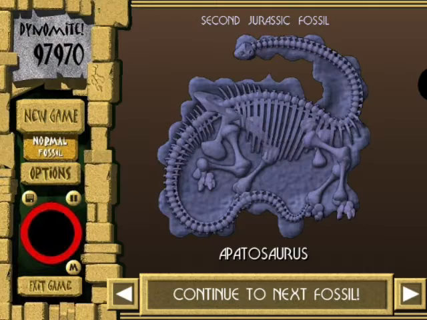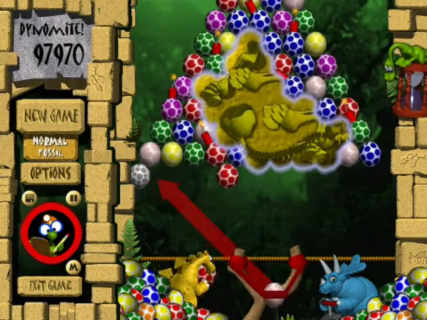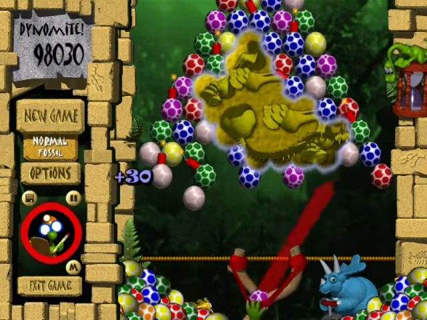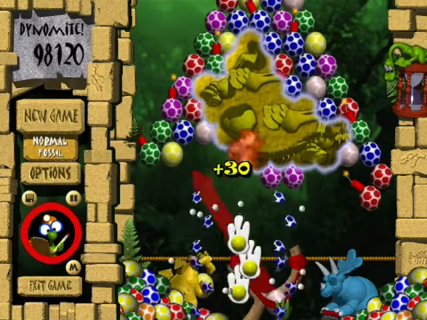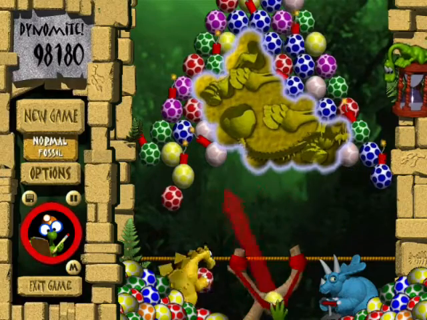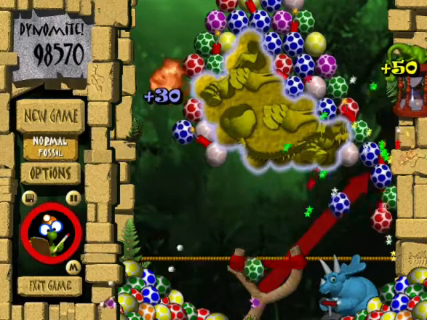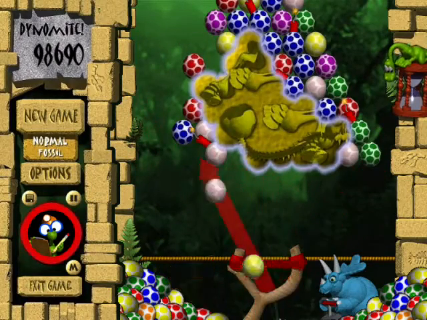Alright, moving on to the next fossil. And it is the second Cretaceous fossil, fragment number 1, of course. And we're already starting off with gray eggs, though for whatever reason there don't seem to be any gray eggs actually in the puzzle. You get 45 seconds for this one. And it's an inverted trapezoid, so it's not too hard to deal with. Actually, honestly, I think this fossil is probably easier to deal with than the previous one was. Not really sure why, but...